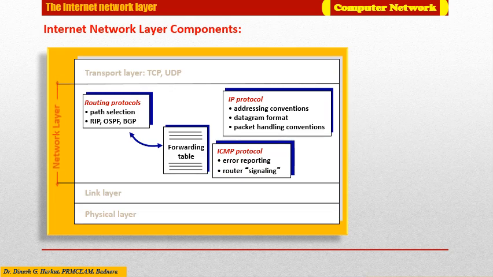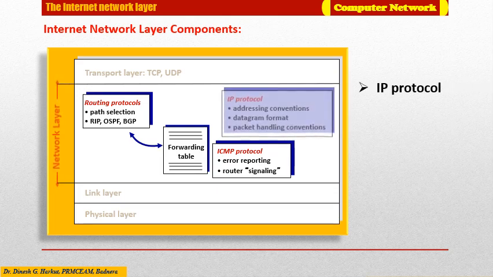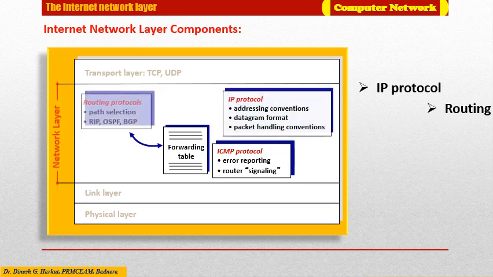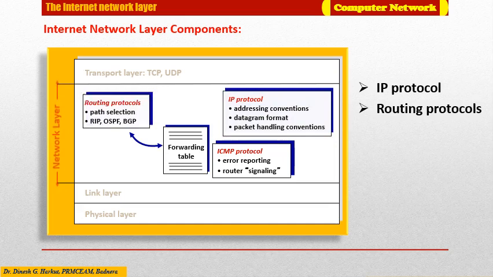But before jumping directly onto IP, it is imperative to first explore the main components that make up the internet's network layer. As shown in the illustration here, the internet's network layer has four major components. First, the IP protocol. It is the first and foremost component, which we will explore here. The second major component is the routing protocol,